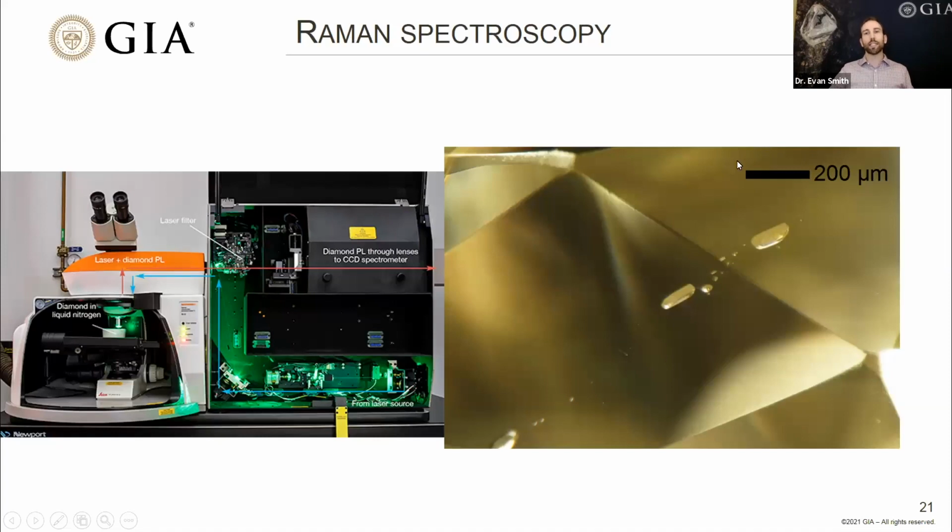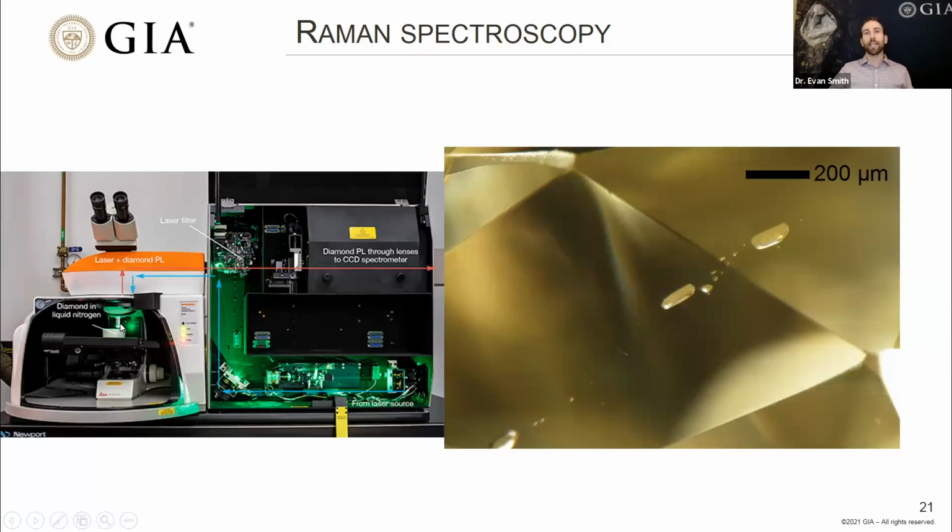So this is what it actually looks like in practice. Here's our sample again, and we've got these inclusions in it, and we put it into this device. On the left, you can see something that looks kind of familiar. This is a microscope, and we can aim the crosshairs of the microscope on one of these inclusions. Then there's this whole thing on the right that houses a lot of optics, a whole bunch of devices to redirect a laser beam that comes in here. So we've got a green laser coming into this device. It's being redirected down, and it's going to hit our sample.